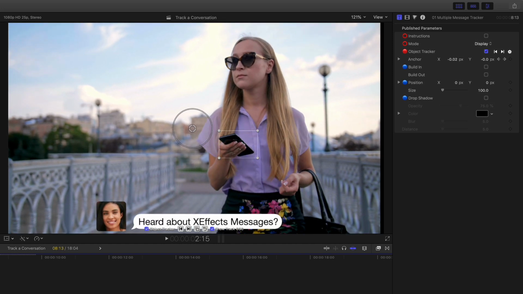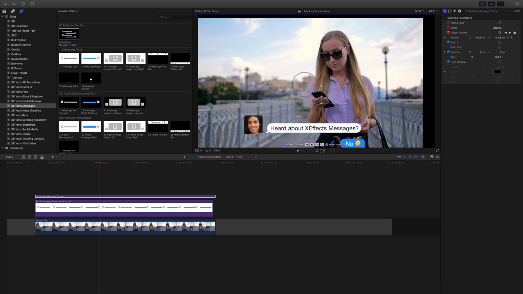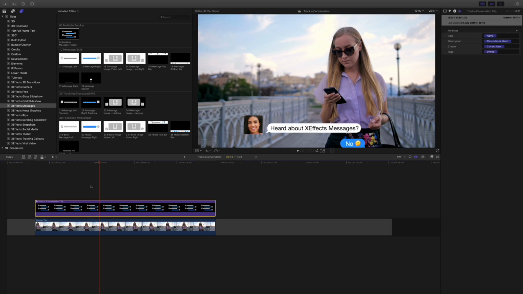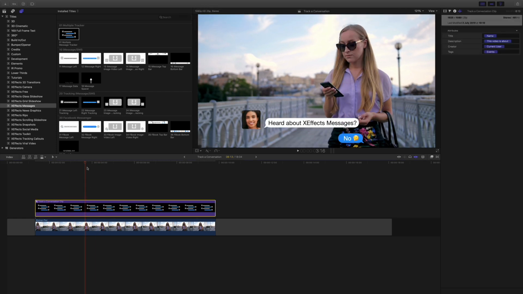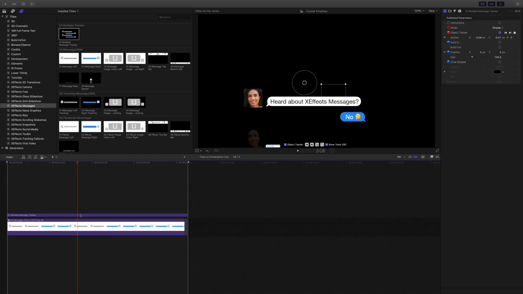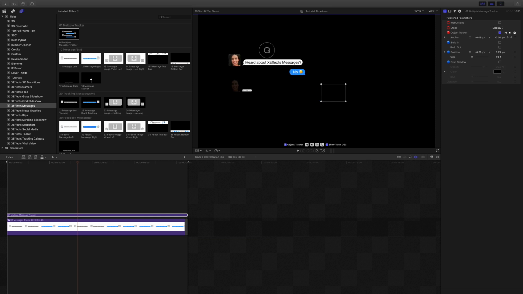And the problem with that is everything's going right. Not a problem, because what we're going to do is make that into a compound clip. And we can see we now have the messages moving, but they're in the wrong place, so not a problem. Open it up, I'm going to resize them and put them up there, say that, for example. Go back out to the compound clip